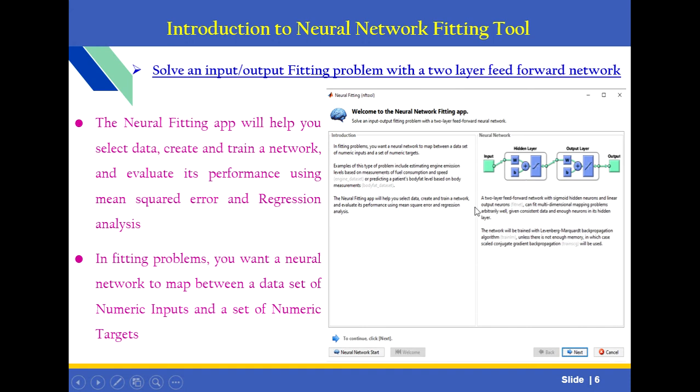Here you can see the neural network architecture. There are 3 layers. First one is the input layer, second one is the hidden layer, and third one is the output layer. The input layer is responsible for receiving the inputs from an external source. This is the input, and also the initial data for the neural network.